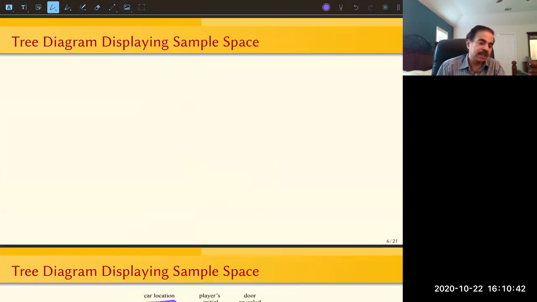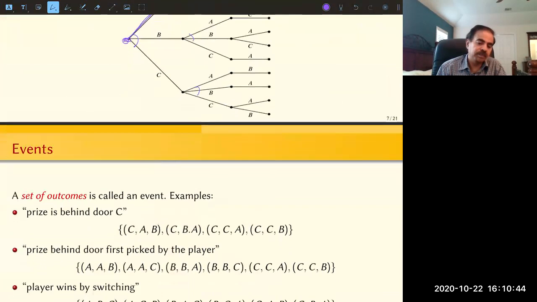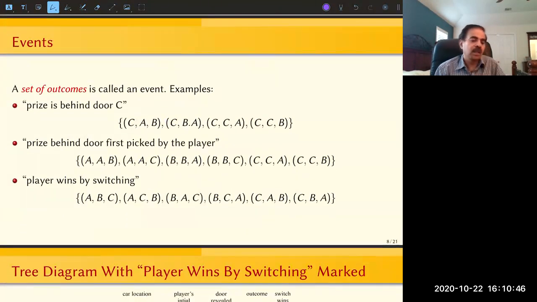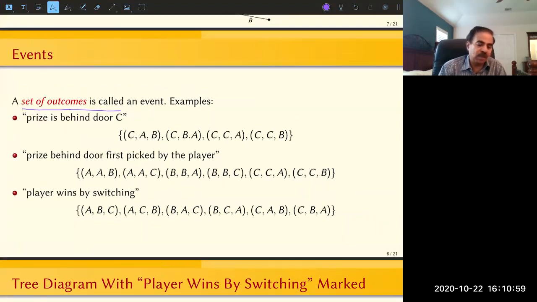Okay, so we need one more definition. A set of outcomes is going to be called an event. This may seem rather abstract, so let's take an example and try to see